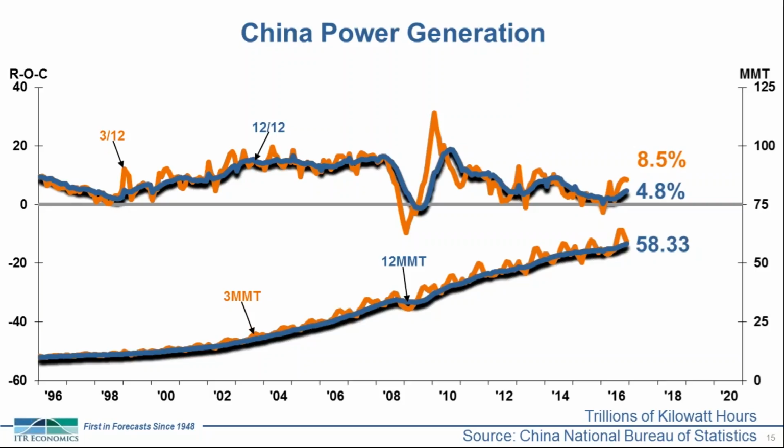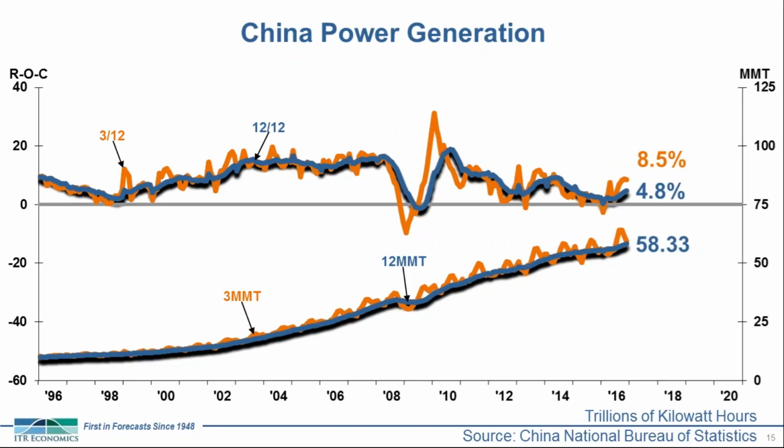And so we look at China power generation, which tends to be less volatile and a more accurate indicator of actual economic growth. You can see that after just brushing the zero line, it transitioned to phase B, accelerating growth. We've seen early upward movement in the China overall industrial production 12-12 in that early transition back to phase B, accelerating growth. And coupled with increased freight being moved, growth in the Chinese residential and non-residential construction sectors, as well as increased demand for power throughout the Chinese economy, that corroborates what we're seeing in the data of a transition to phase B, accelerating growth for the Chinese economy as a whole.